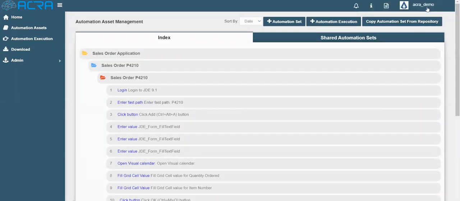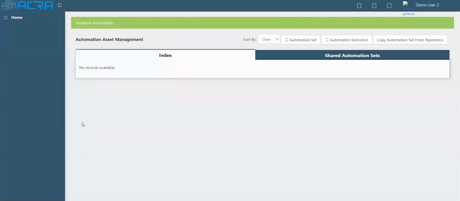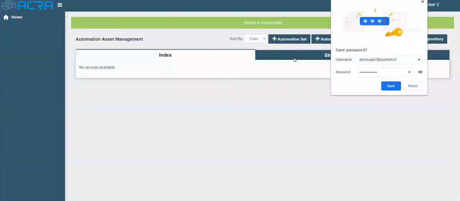Now let's log out of this account and log into the demo user 2 account. So this is my demo user 2 account.